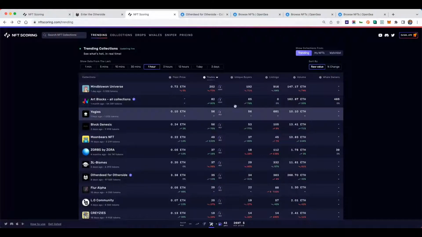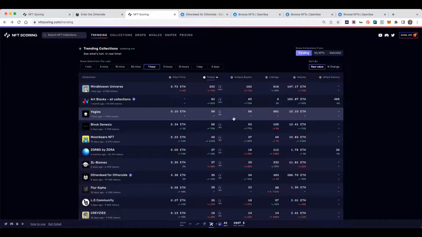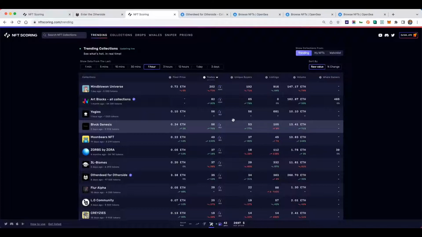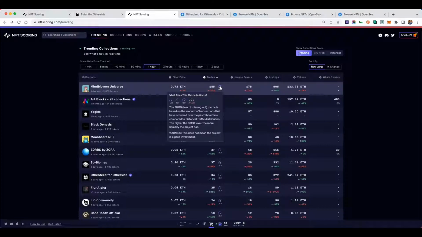So now the last part, which is one of the coolest features that I use every single time I'm looking to be a degen and jump into a project that is going to give me the highest chance of a good ROI, is I look into the FOMO level. As I hover over this, it pops up a little description of what the FOMO level is. There are 4 tiers: low, mid, high, and insane.